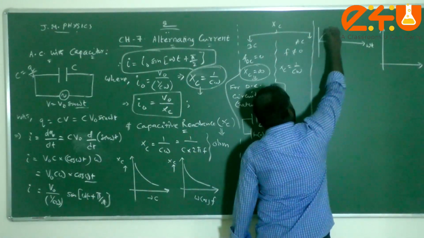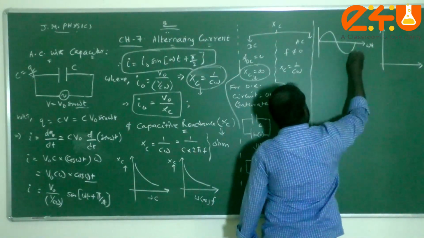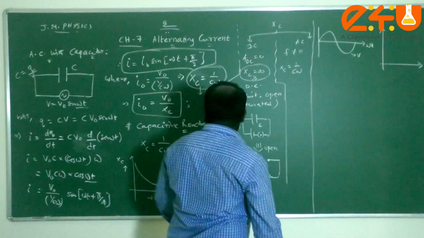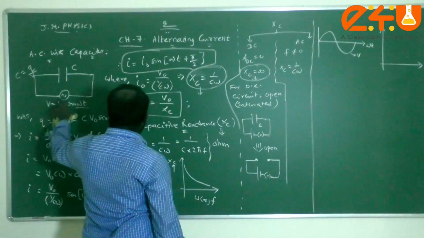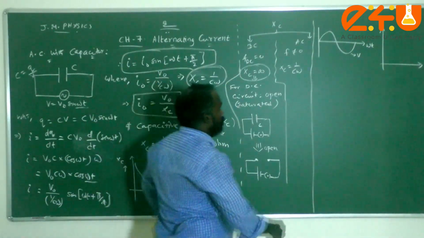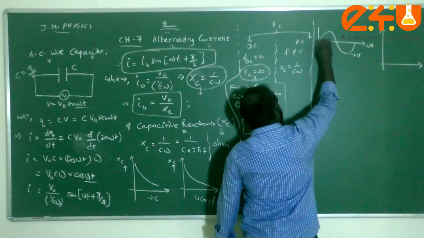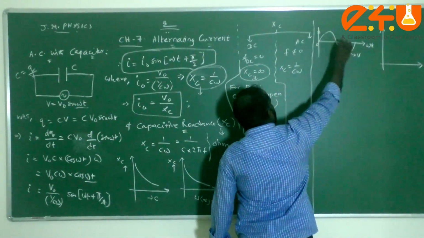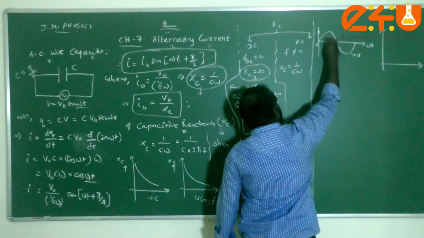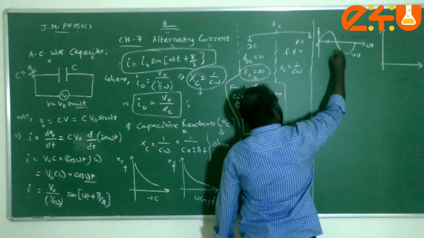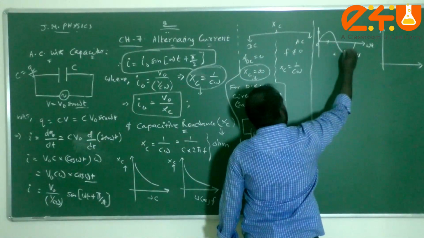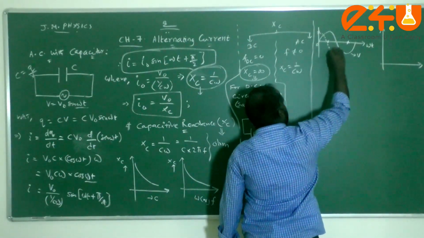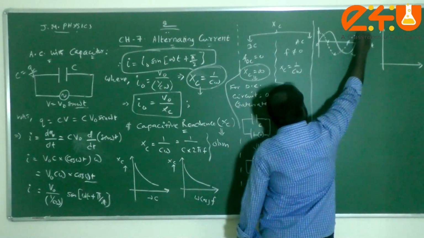As I said, you just keep voltage as a normal sine curve. So the voltage curve, and when you just see that when time is 0, voltage is 0, but current is plus I naught. So therefore, when time is 0, that is omega t as 0, the current will be positive maximum. So when it is positive maximum, current will be 0. When it is 0, it will be negative maximum. So when it is a negative maximum, that will be 0. Therefore, the graph will look like this. The current graph will look like this.